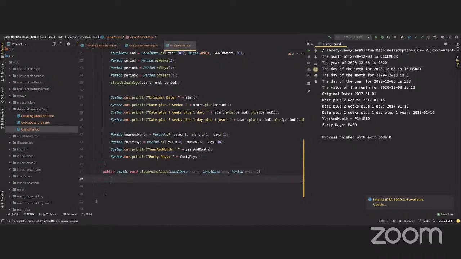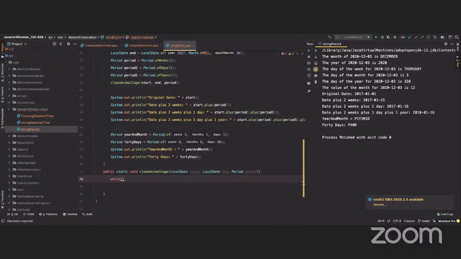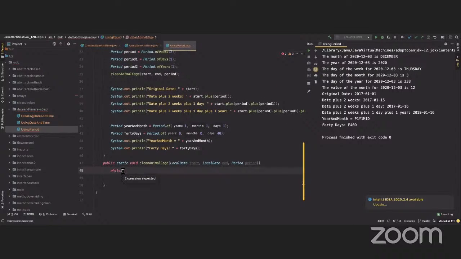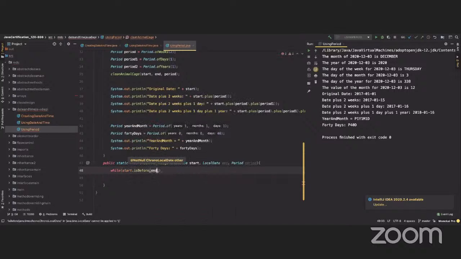Okay. All right, so we're going to use now the clean animal cage. In this case, we're going to use a while loop. So we're going to call this method and pass the start date, the end date, and the period, which are these here. We say while start is before end. Do you get it so far? That's English, right? Remember that it's going to be incremented, because we're going to add something until the start and the end are the same, and then it just breaks the loop. So as long as the start is before the end, we're going to say,